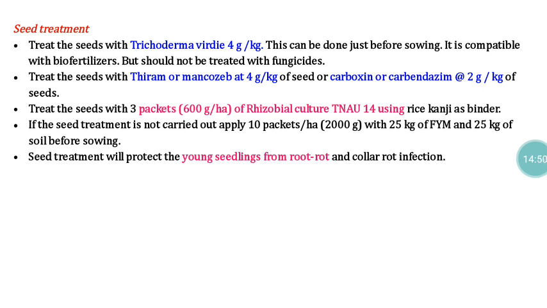But here the problem is, we have to use an extra 7 packets. If it is a seed treatment, only 3 packets are needed, whereas in the direct soil application, we have to use 10 packets. So we must be very careful during the seedling establishment stage, because the seedling is vulnerable to attack of root rot as well as collar rot infections. Once you follow the biocontrol agent treatment or any fungicide treatment, you can keep your seedlings totally free of collar rot and root rot incidence.